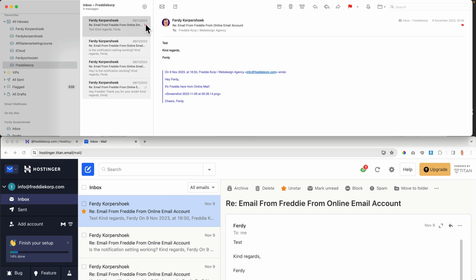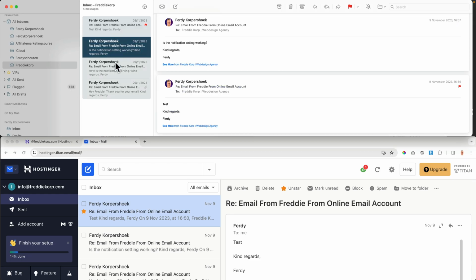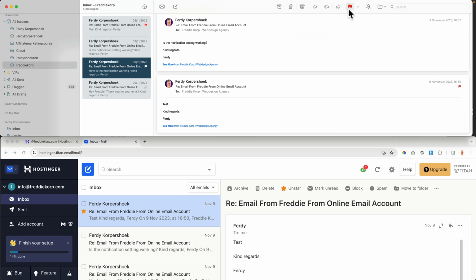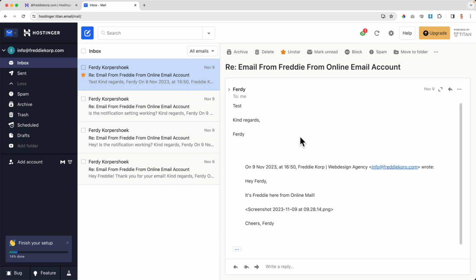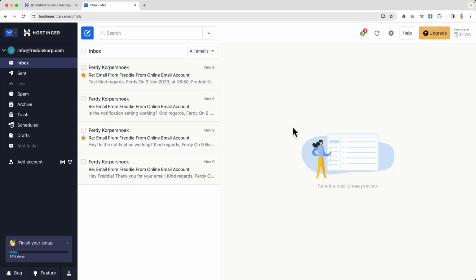There's the flag. So flag or star. What I do when I do not answer emails, I have 638 emails that I yet have to answer. So I flag them. So when I flag something, it will be flagged in my webmail and on all the other devices I use for my email account. So this is cool.